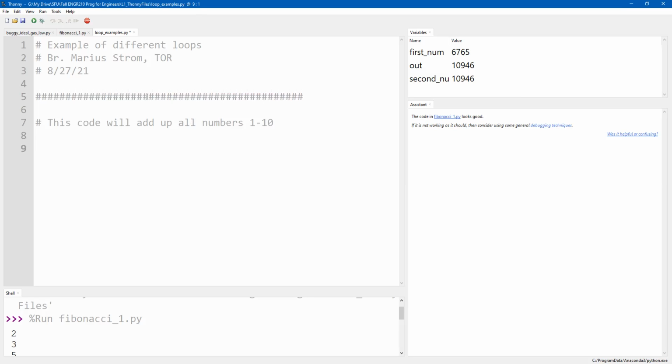Great. All right. So if I did that by hand, I could just say that the summation is just 1 plus 2 plus 3 plus 4 plus 5 plus 6, blah, blah, blah, blah, blah, right?